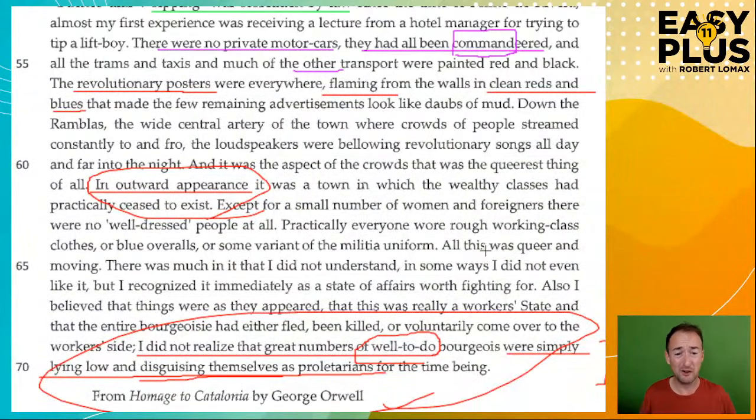The most relevant part, and you will know where it is if you've read the text already. But you're still probably going to have to look for it a bit because there's so much in this text. It's really, really dense. It's a very famous book, by the way, Homage to Catalonia. And at some point, I really recommend reading it. It's really fantastic. But you need to have some understanding of some of these political ideas to make head or tail of it. Maybe you'll learn them from reading the book.